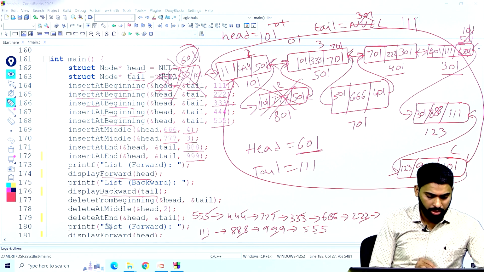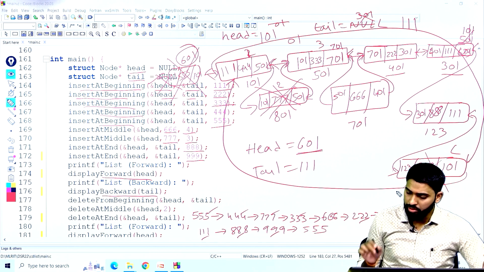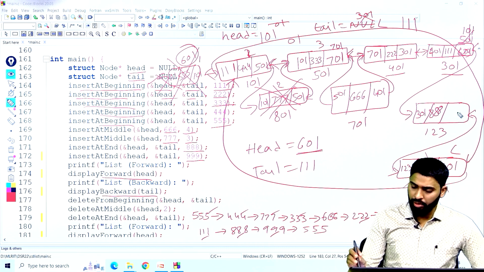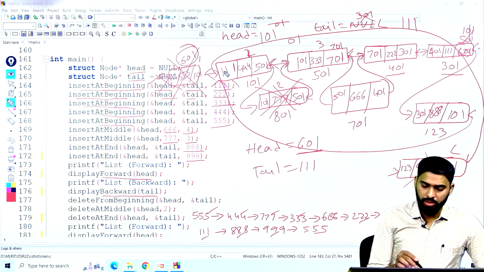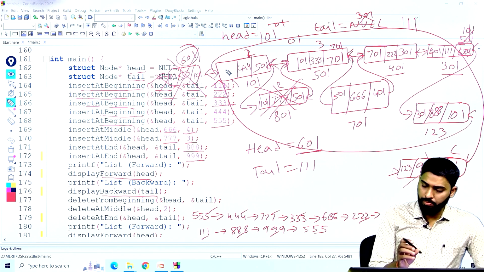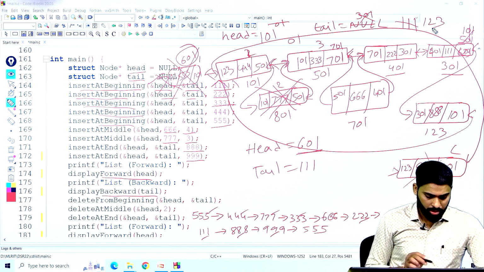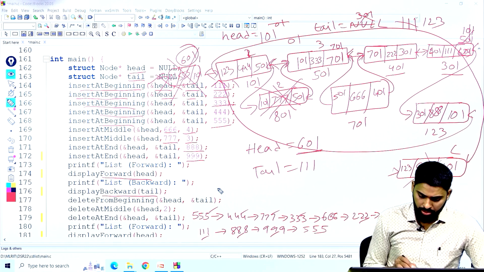Okay, next delete at end. So I want to delete this end. So here we are going to store the head value. What is the head? In this case it is 101. So this will be terminated, and this is the new link. In head's previous we store the last node, so 123, and we update the last node, that is 123. Okay, now if we display elements in the forward direction, it displays 444,